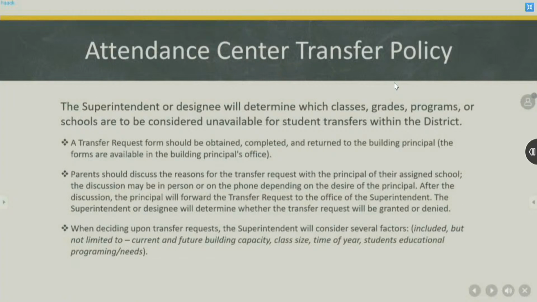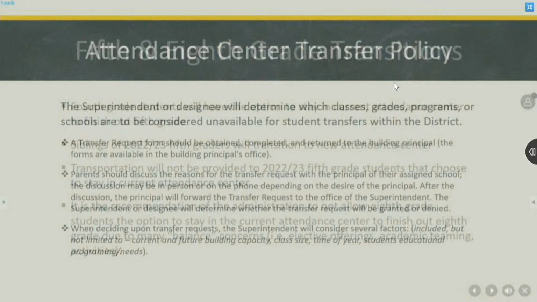Attendance center transfer, inside the district. Okay? Keep in mind, Bennington Public Schools has been closed for close to 2 decades for option enrollment. So this is, if you lived in attendance center 1 for an elementary and you wanted to go to attendance center 2. Again, rare that that occurs. There are educational reasons that we do look at that. But that's important to note as we start to look at the next slide, which talks about 5th and 8th